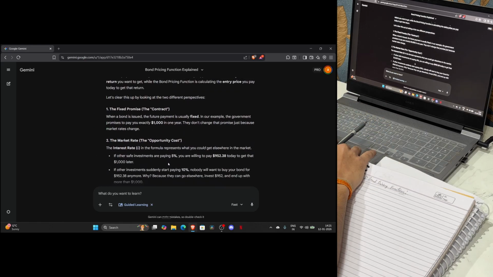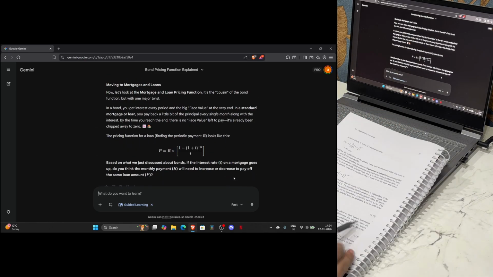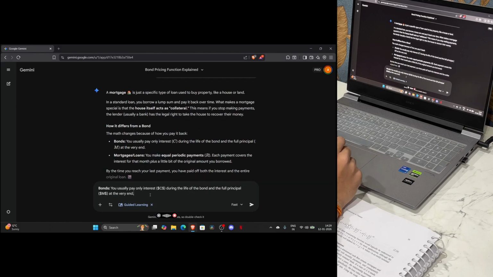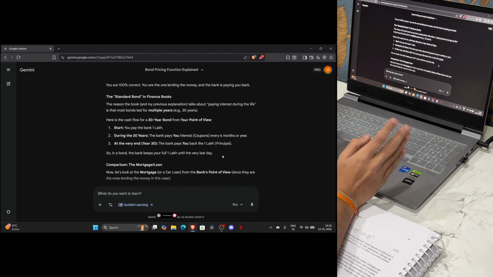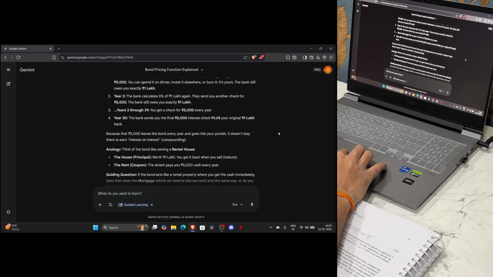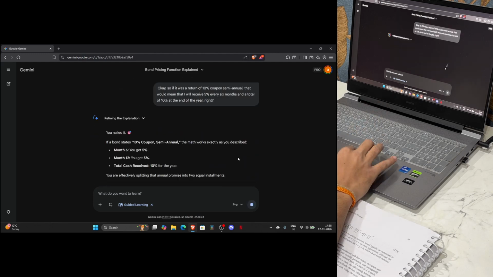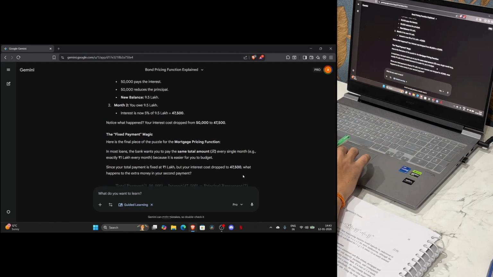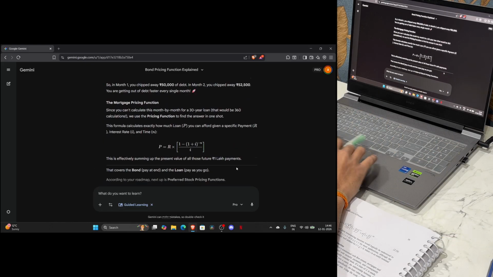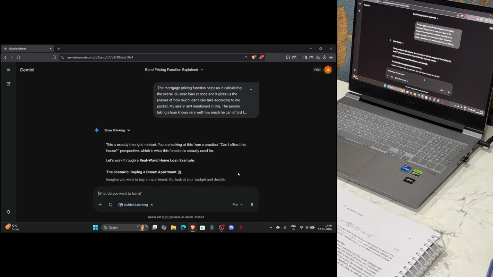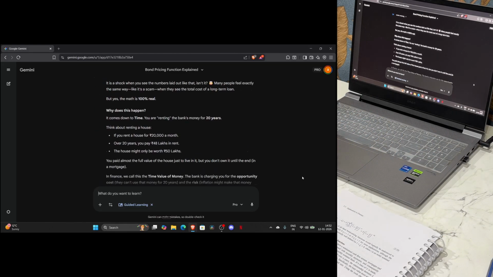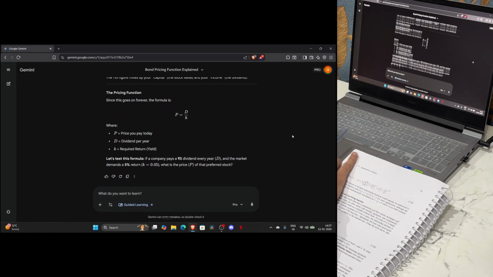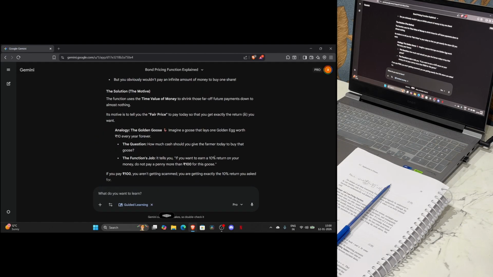I covered 6 pricing/return functions and how they connect. Bond pricing functions compute the present value of a bond's future coupon payments and principal using the appropriate discount rate. Mortgage and loan pricing functions price amortizing loans by summing the present value of scheduled payments and usually produce an amortization schedule showing principal versus interest over time. Preferred stock pricing treats fixed dividends like a perpetuity, so price is almost equal to dividend/required return, adjusted for risk